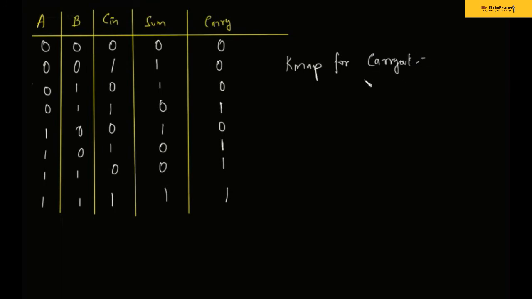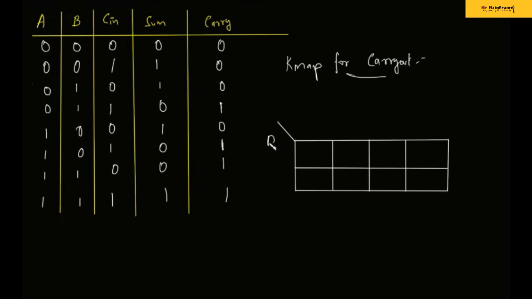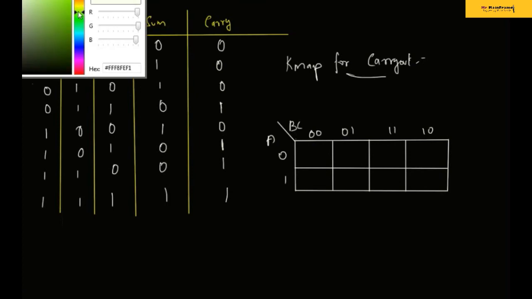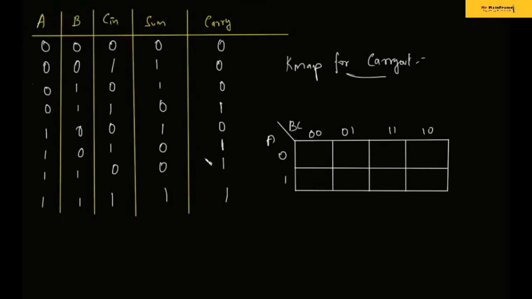The carry out must be written as carry out in the truth table. The carry out is also considered with an 8-cell K-map, since the number of inputs is the same for it also. Now we can go to the places where carry is high. I'll underline that. Carry is high here, and for the last 3 points, the carry is high. For the last 3 points and the one on the top, you go for the combinations of A, B, C. Now you check with the K-map and fill it.